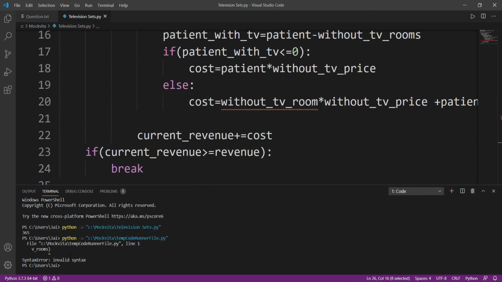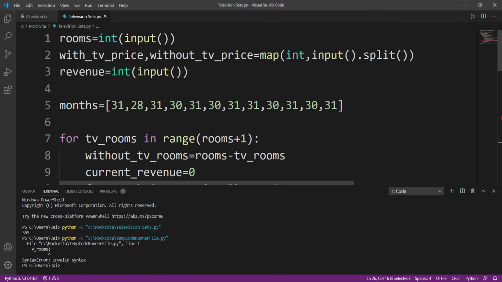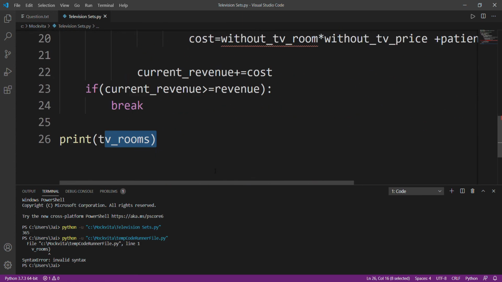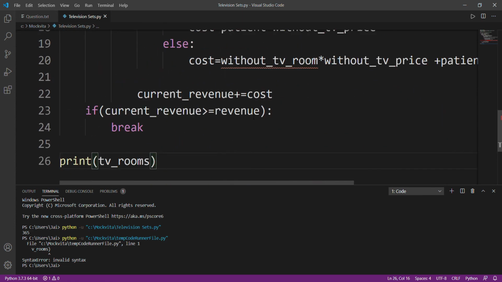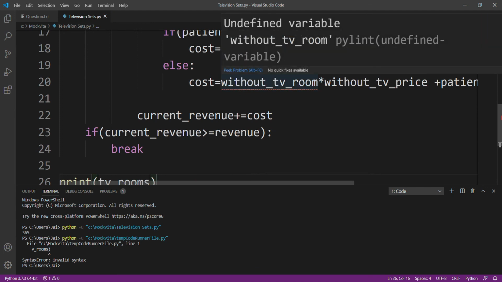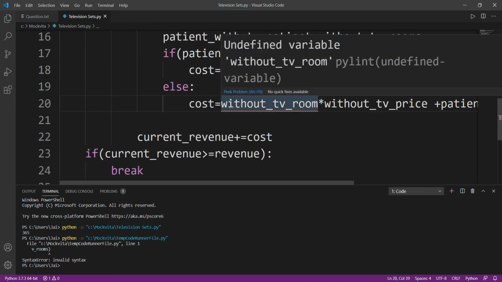I have an error. It's in line 1. With TV rooms. Without TV room.